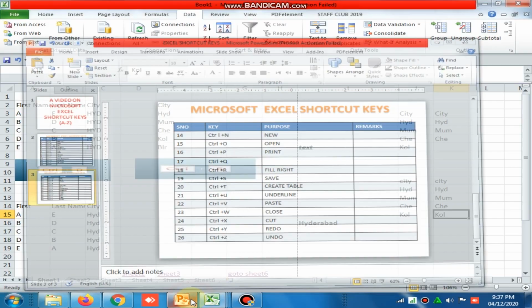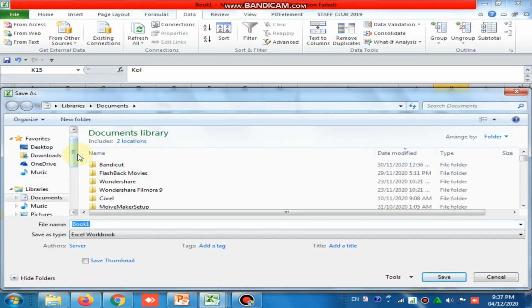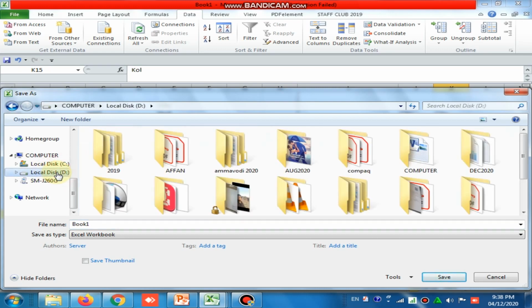You already know how to save a worksheet also. Here I'm not saving Book1. If you want to save, just go to File and Save. I request you, please don't save any important data on the desktop or local C drive.